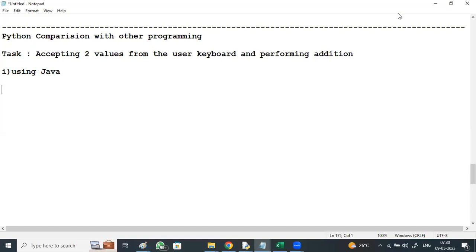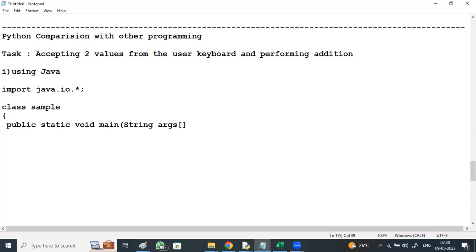If you've got knowledge of Java, you can follow the code. Import java.io.*, class Sample, public static void main, String args, throws IOException. Here I'm using InputStreamReader, a new InputStreamReader of System.in.